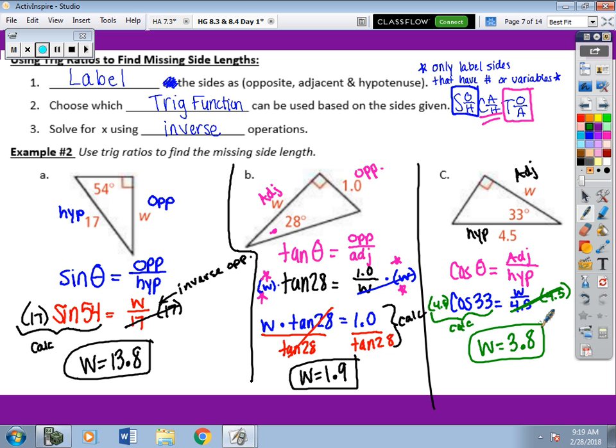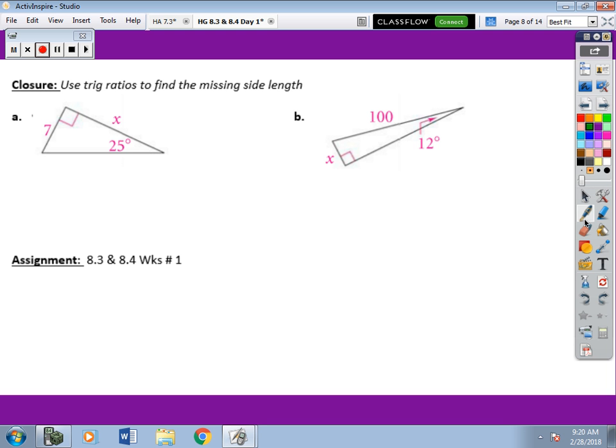Now you will see some on your homework that are a little bit harder. You may have to use sine and cosine in a problem that has like triangles back to back. And that might not be till tomorrow actually, but you will see some that challenge you a little bit more than this. See if you can complete the closure, finding the value of x in both of